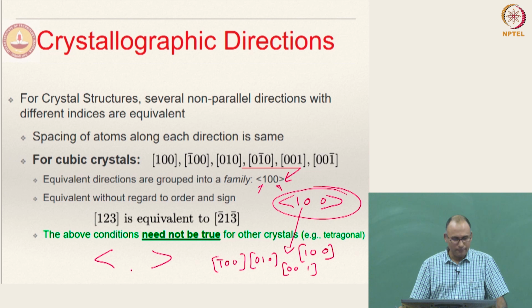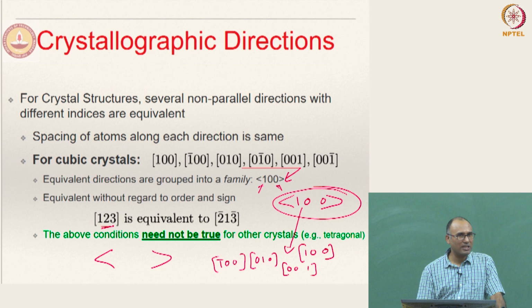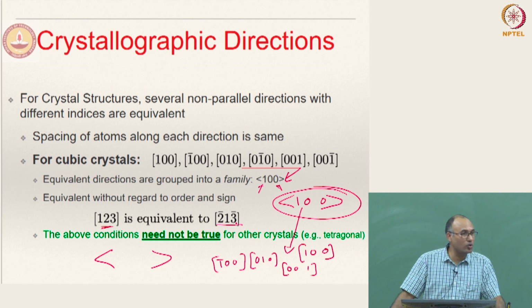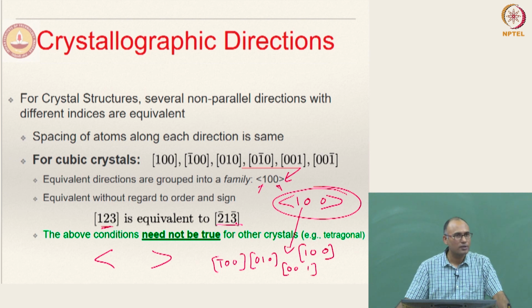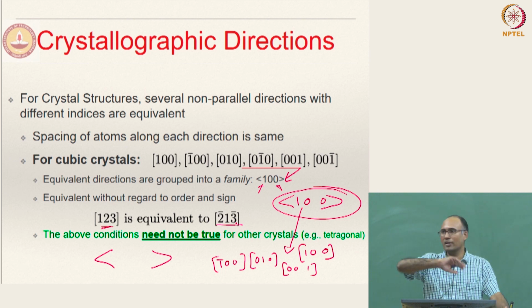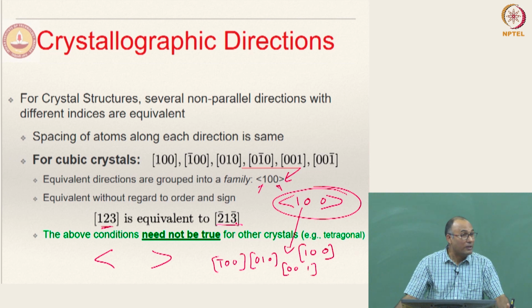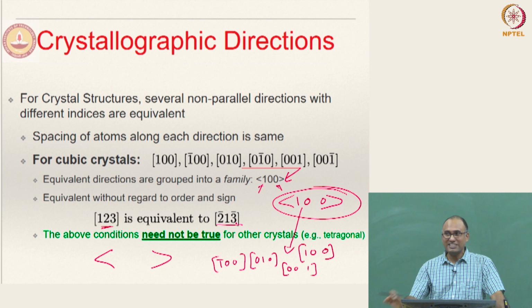So by that argument, if you have a crystallographic direction 1 2 3 in a cubic crystal, that must be equivalent to 2 bar 1 3 bar, or 2 bar 1 bar 3 bar, or 2 1 3 bar, any combination of 1 2 3. All of them are equivalent. Okay. So if you know one direction, you don't have to worry about other combinations. All of them will behave the same. This is important because then we will see when we are talking about mechanical properties, certain properties of the material or certain deformation mechanisms in the materials are governed by how atoms are arranged on the crystallographic direction.